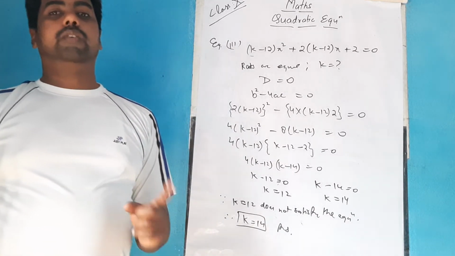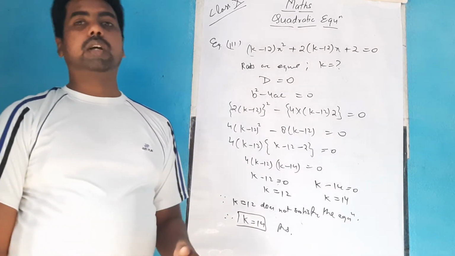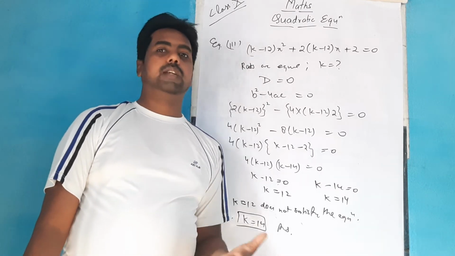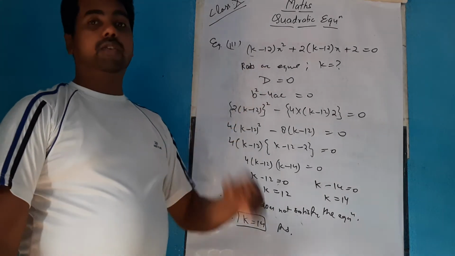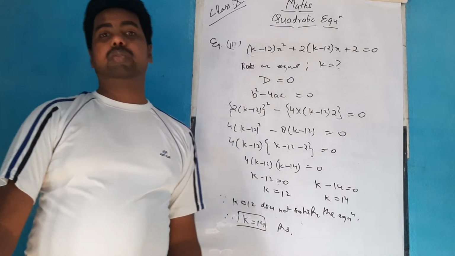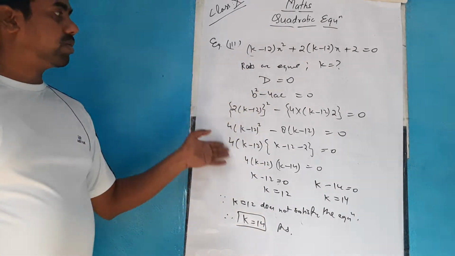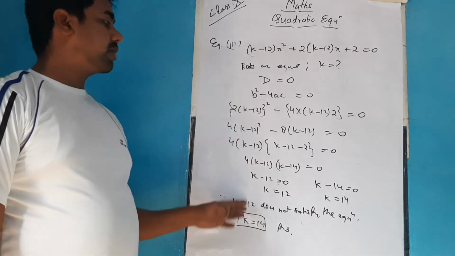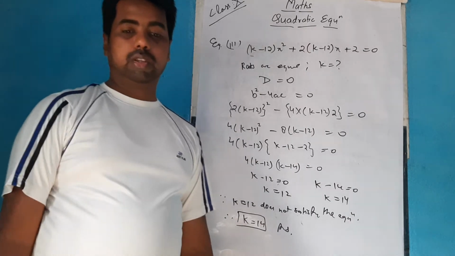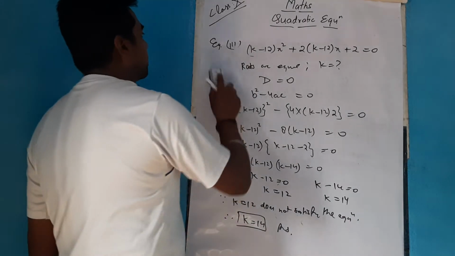One which will ask to find the nature of roots, and then if the roots exist, use the quadratic formula to find them. Or second, the category of the root will be given, that is, in which category the root is going to lie, and accordingly use the value of d to get the missing value of k. These two types we are going to see in the fourth exercise of quadratic equations.